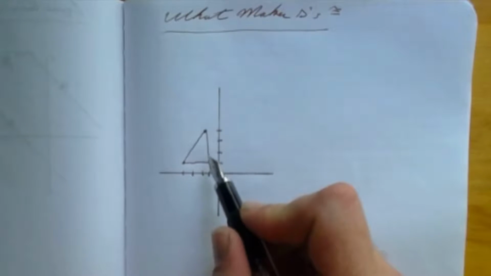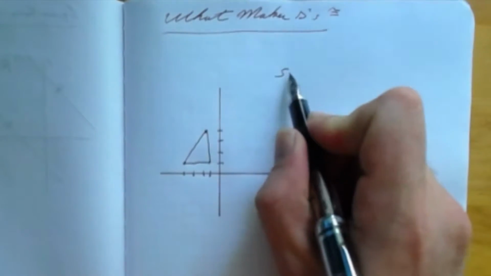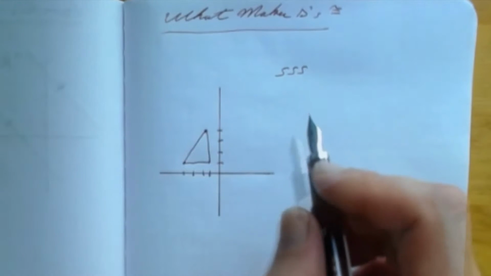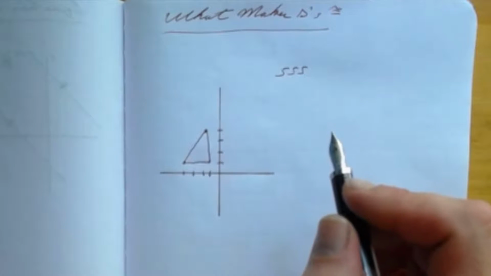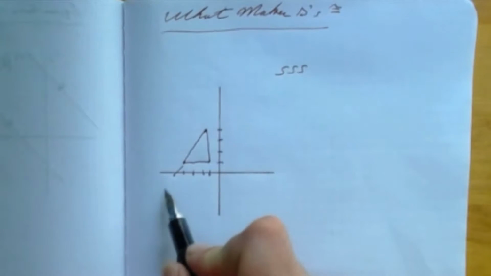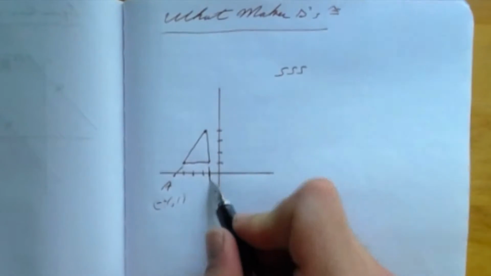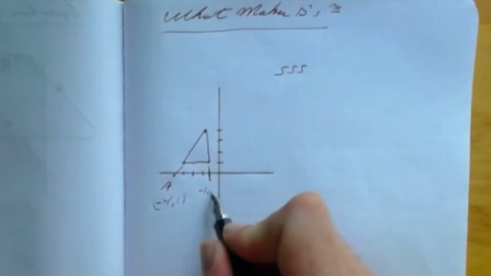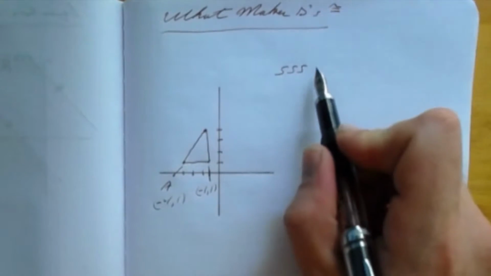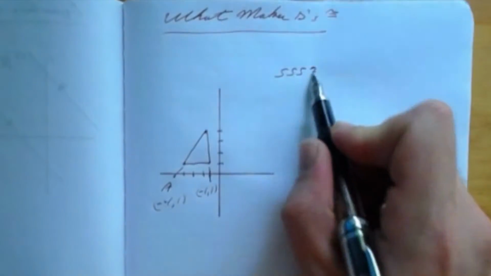One would be using a distance formula, and I'm not going to prove every single one of these distances, but we could use side, side, side. In order to prove side, side, side, we would have to measure the distance from one point to another. So let's measure from point A, which is located at -4, 1, to the point here at -1, 1. If I was to use the distance formula